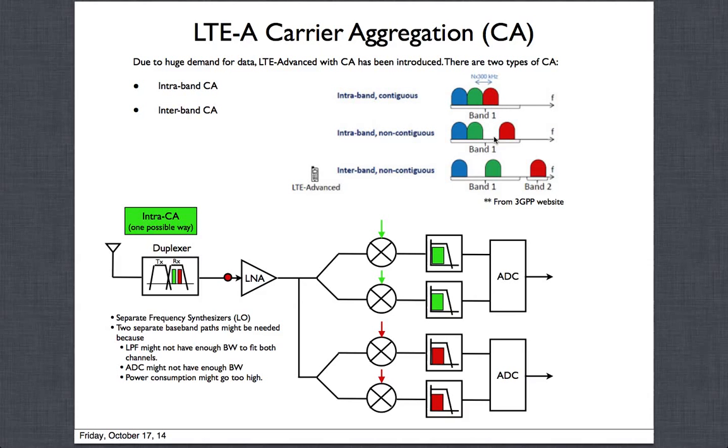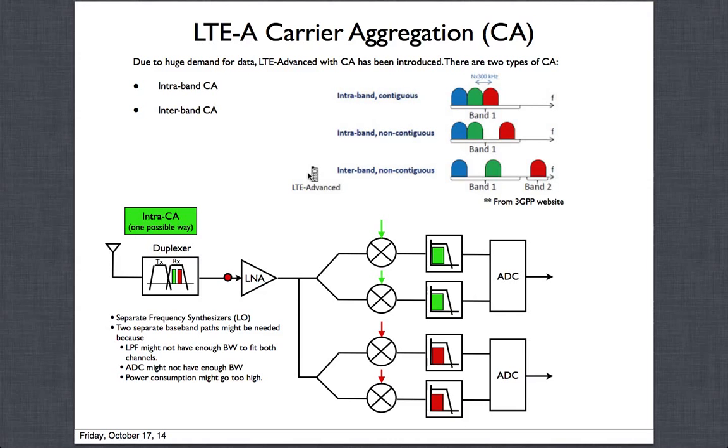You could also have another case within the same band, which is intraband but non-contiguous, where these two could be your channels where the information is, and the next one could be somebody else's. And there are many channels. It's not just 4. There are many of them. This just shows an example where your information is spread in the same band at different channels inside the band, and they are not contiguous. So you could have contiguous, you could have non-contiguous, but all within a single band, and that is intraband.